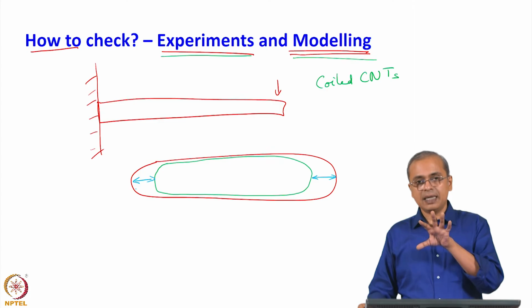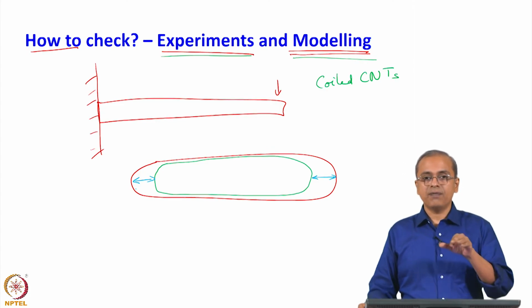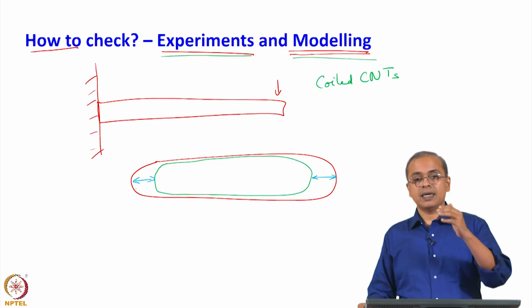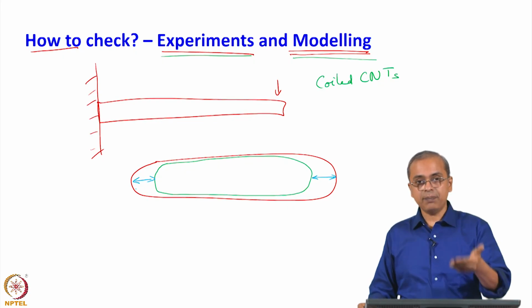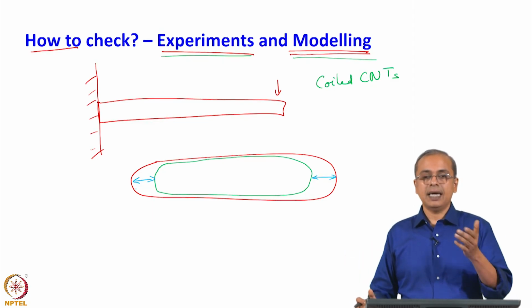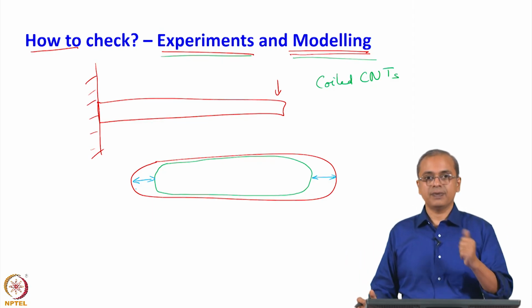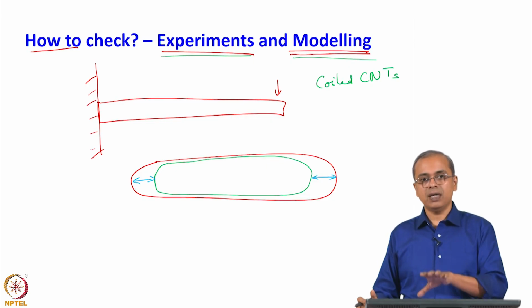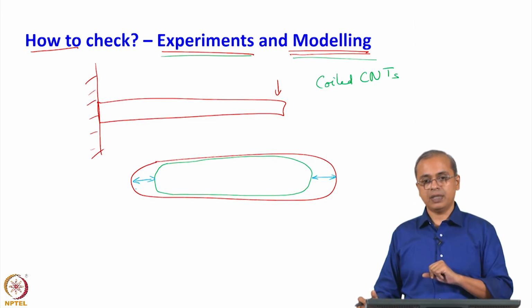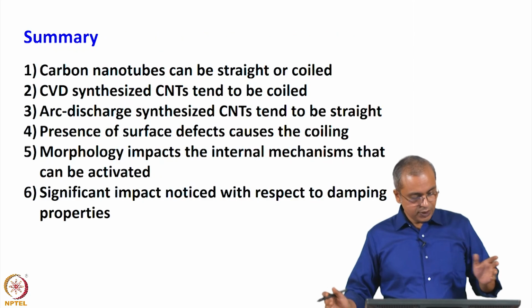And therefore, in this particular kind of work, we are able to see how the structure of the CNT at the nanoscale impacts its damping property, which is something that we can macroscopically measure and observe. So, this is a very nice way in which you see how structure at the nanoscale affects properties at the macro scale. Okay. So, in summary,